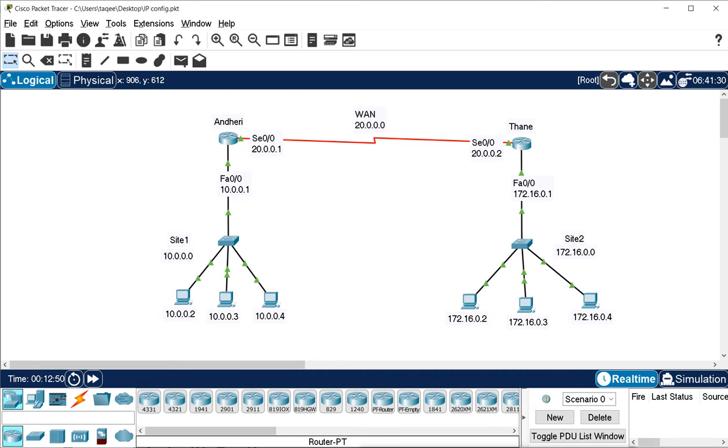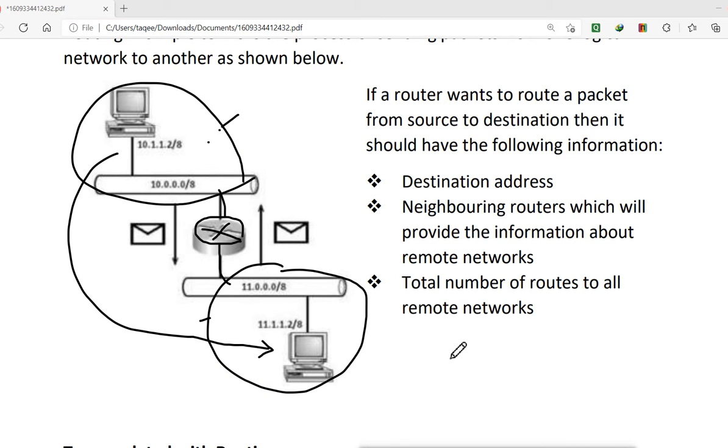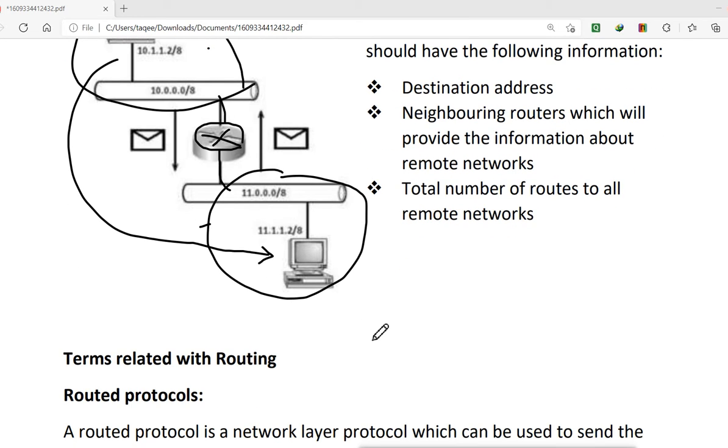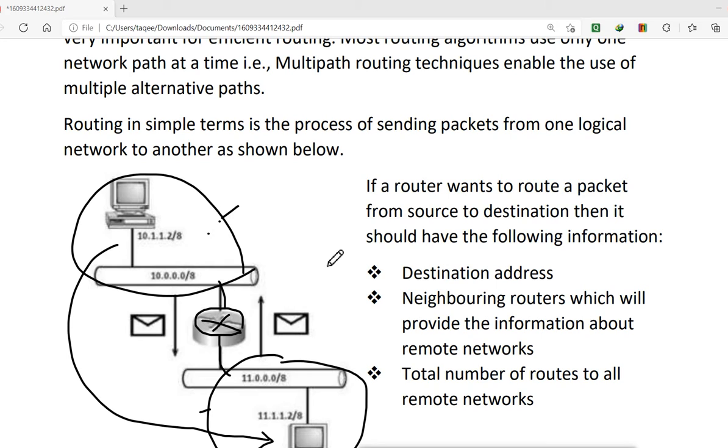So why are they not getting connected? Because we see they are connected. We can see these machines are connected to router, and these machines are also connected to router, and router to router is also the connectivity is there. But why are they not connecting together? Now very simple, because of routing. Because of routing means what? Routers have to know the path. Router's job is to find the best path for the network, for the destination.